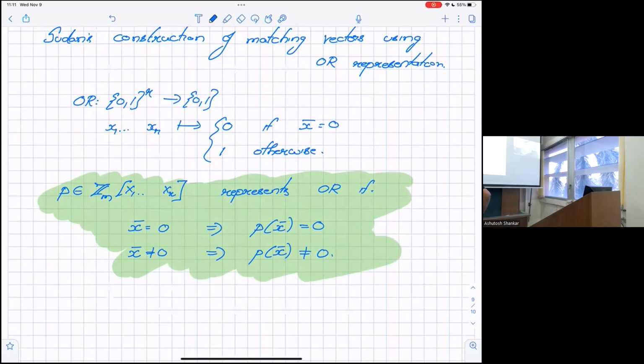In the latter part of the complexity course, there will be Razborov and Smolensky's results that are talked about. There they ask what is the smallest degree of polynomial P that satisfies this property. Notice there is obviously a polynomial of degree r. You can construct a polynomial of degree r that satisfies this, because if you just write down the OR function as a polynomial, it will have degree r. So the question is, what is the